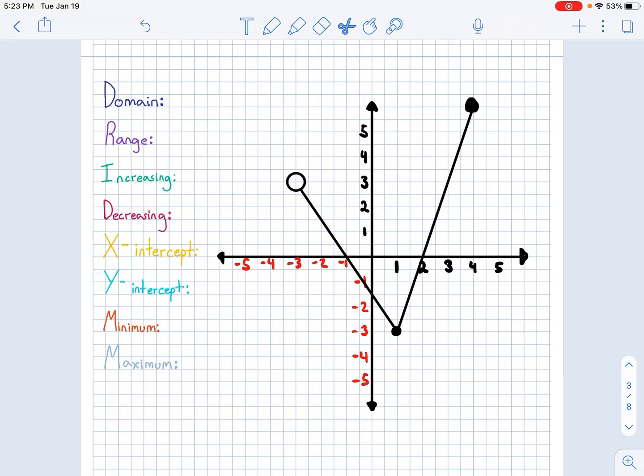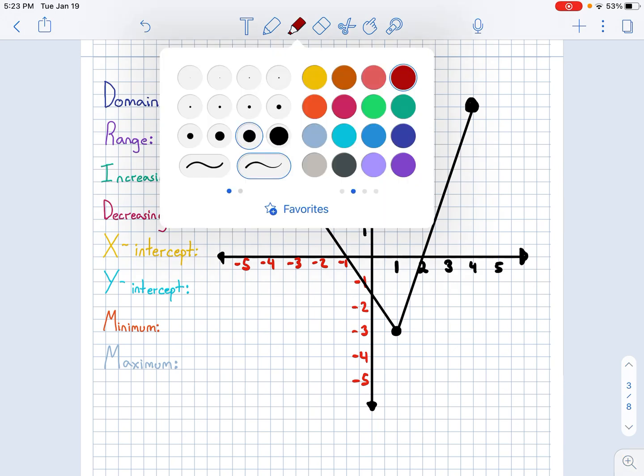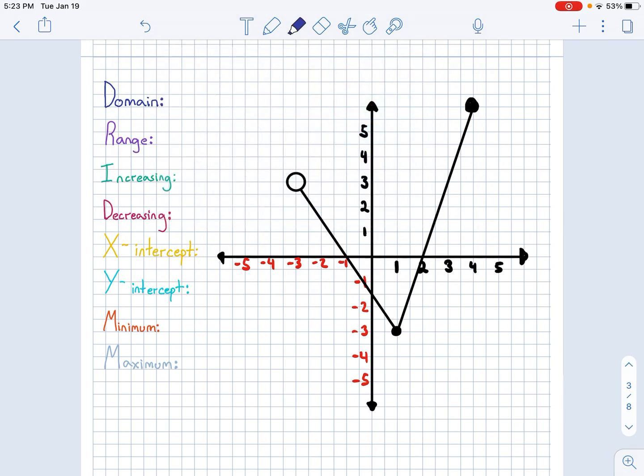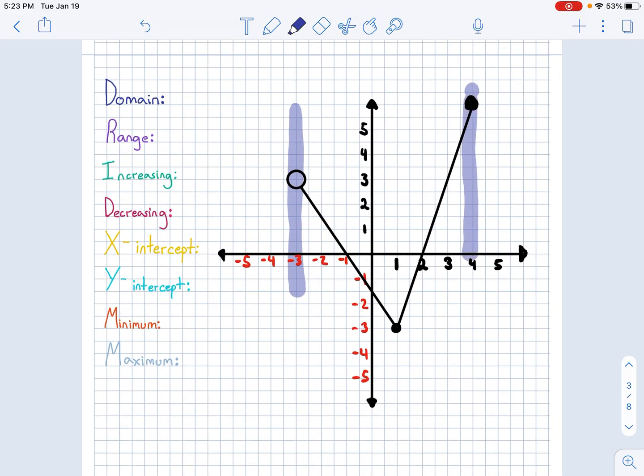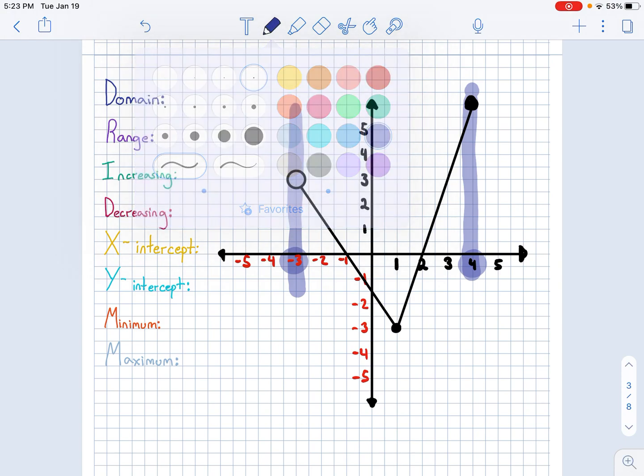All right, let's go through this problem together. Well, the first thing we're going to start is by doing the domain. So domain is from left to right all of your x values. So from -3 to +4. So for the domain,